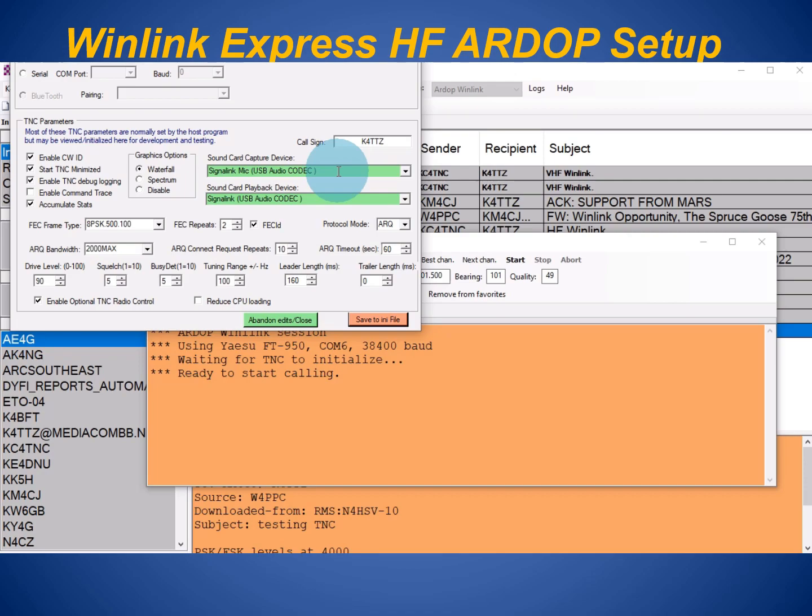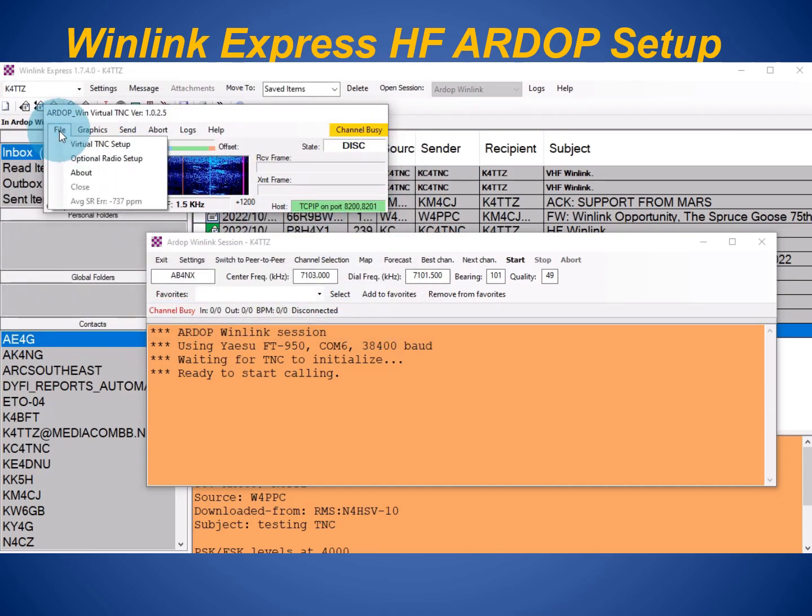Most of the other settings within here you can leave at default, but make sure you have Enable TNC Radio Control checked here in this box. Once that's done, hit Save to File,